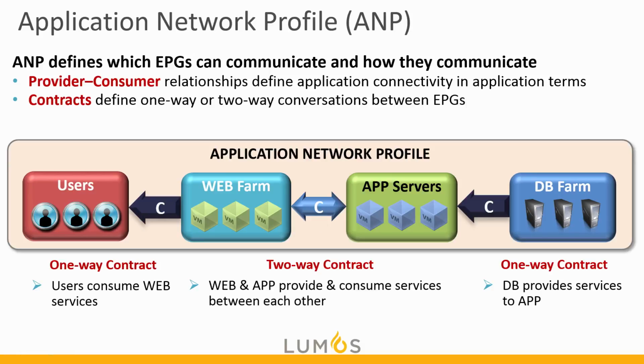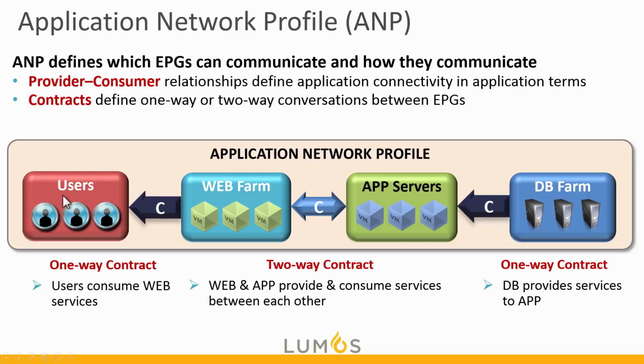firewall rule. And then the web is providing a contract for port 80 and port 443, most likely redirecting to a firewall and a load balancer if L4 through 7 are being controlled through ACI. If they're not, then we would simply allow that traffic over to the users, and then the users are consuming